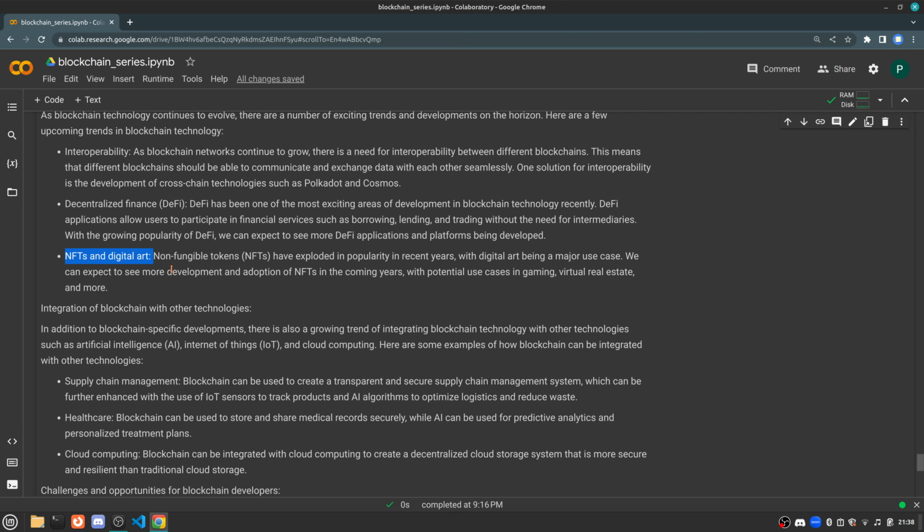NFTs may be used to secure a loan. There are many, many different ways that an NFT can be used. And simply by having that accessible on your smartphone, you then can secure your asset, or you can prove your ownership of your asset. And there are other sectors that I expect major developments in, one of them being supply